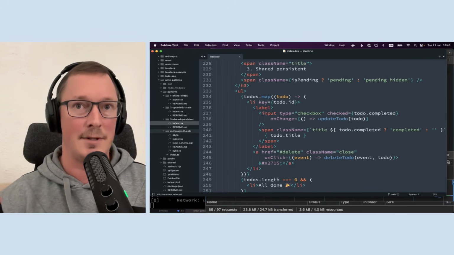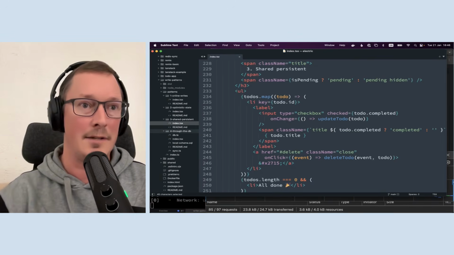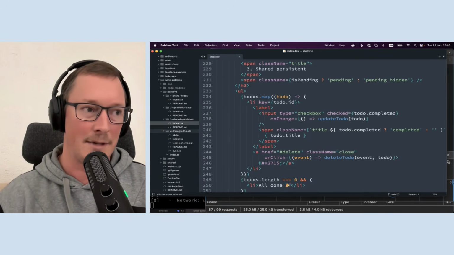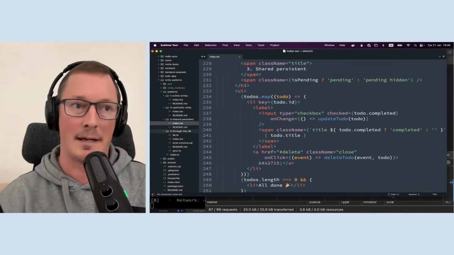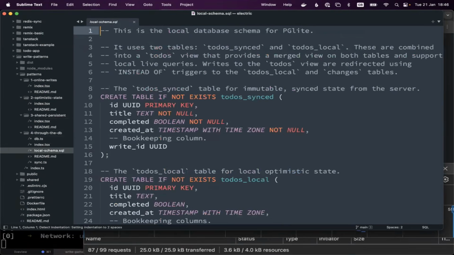So it's not quite the same as doing exactly what you might do with a REST API handling a write. You would have a slightly different write endpoint, but actually it's still something that would be very straightforward for a backend Phoenix app to handle. A lot of the complexity in this example is based on a local embedded PGlite instance in the web page, and this is the schema for the local Postgres database.